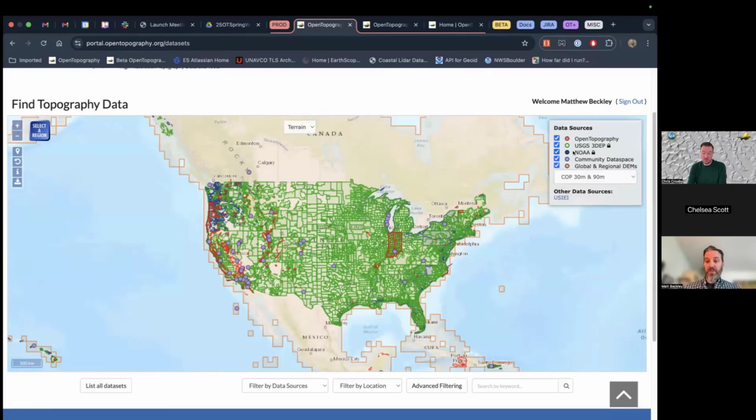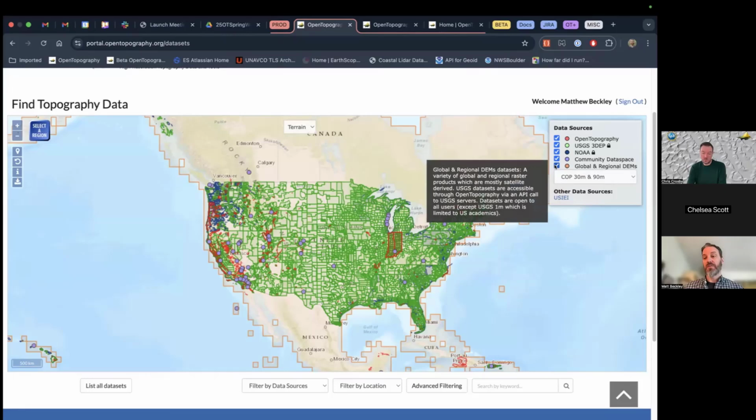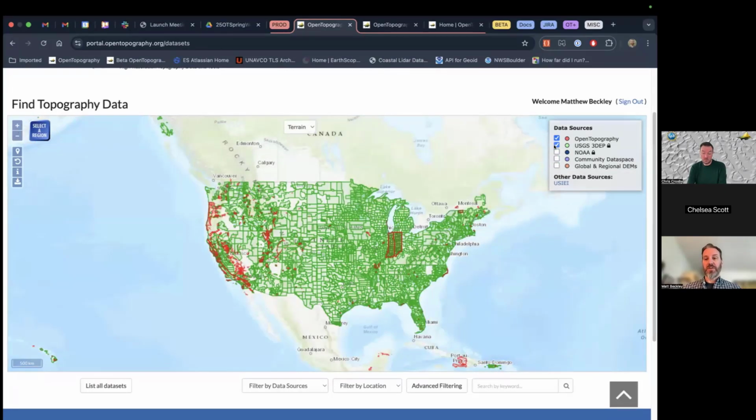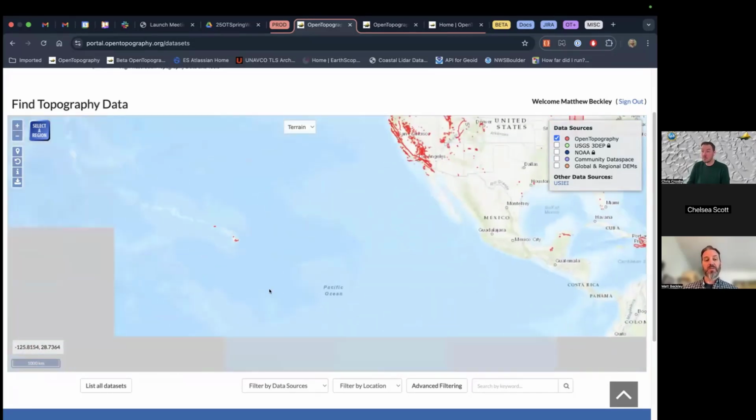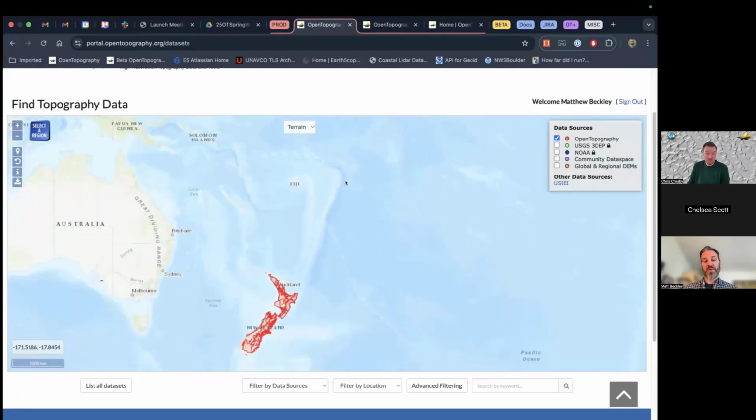On the right, you have a listing of all of the spatial extents of the data sets that we have. Chris went through some of these, but just to reiterate, these red polygons are data sets that are actually hosted at OpenTopography, and this is free and open to everybody. So everyone has access to these data sets. You can see it's primarily focused in the West Coast, but we do have the whole state of Indiana. We had a partnership with them. And then if you go to New Zealand, you see we have most of New Zealand covered as well.